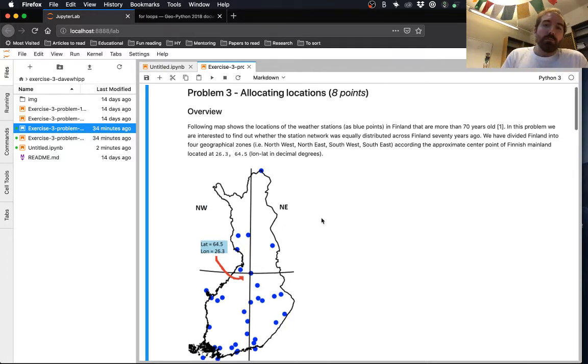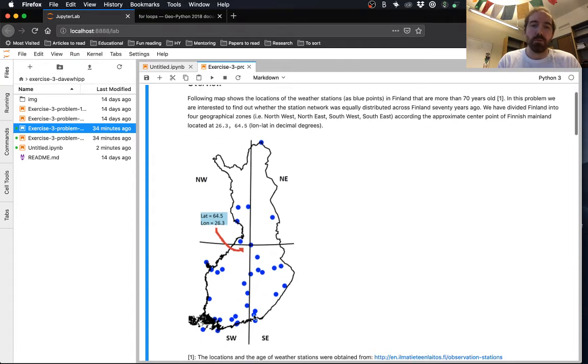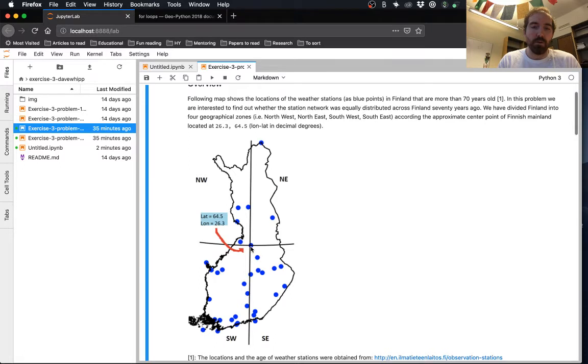So for this problem number 3, we're dealing with a pretty similar problem actually, and that is that we just want to take some reference latitude and longitude in this case, and then classify cities as either being northwest, northeast, southwest, or southeast of the, quote unquote, center of Finland, which falls pretty much right on top of one of these FMI observation stations.